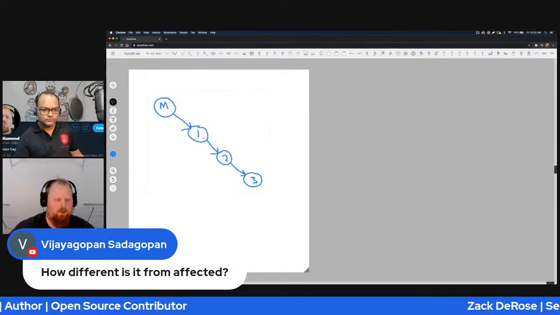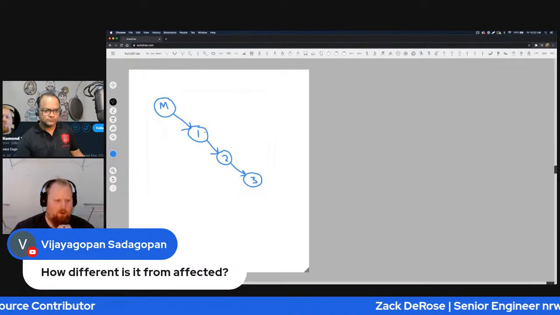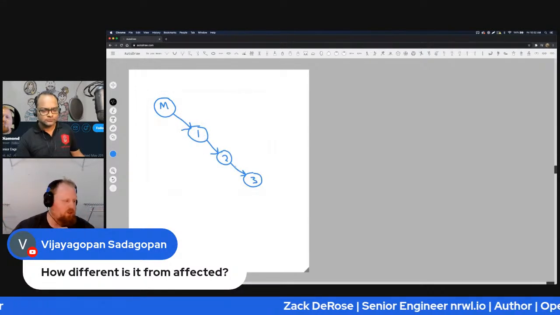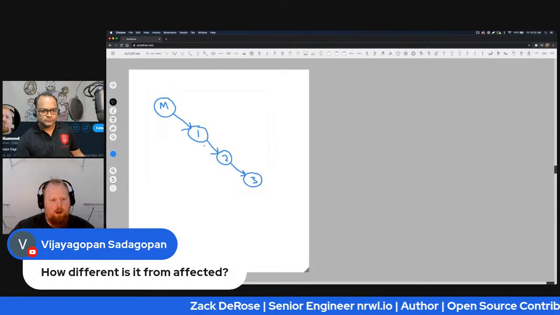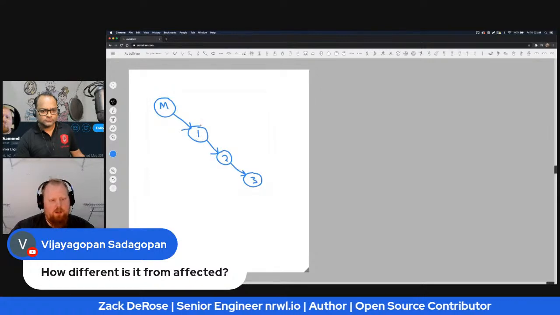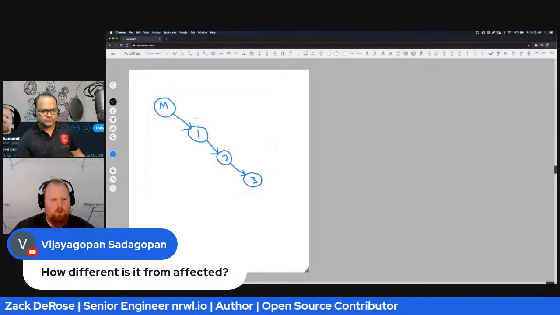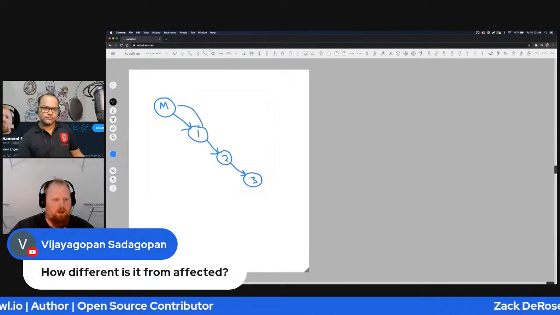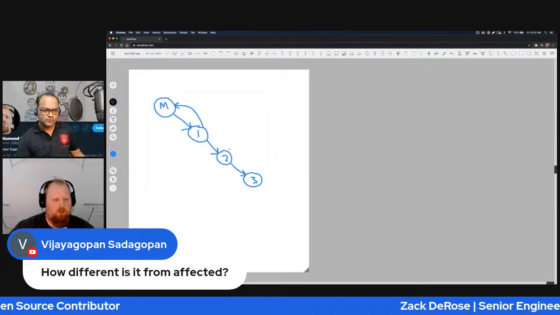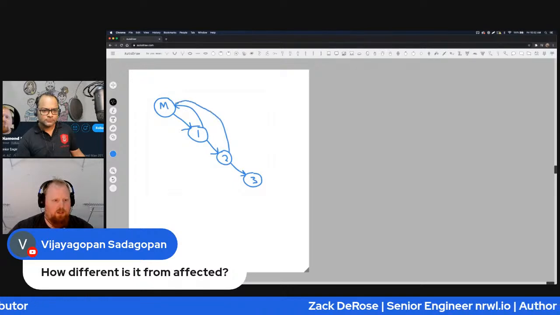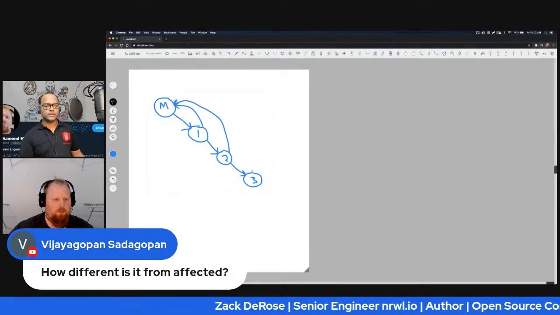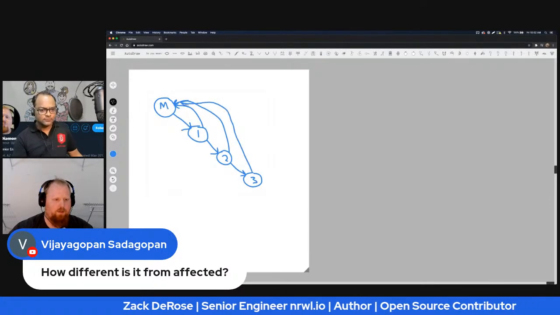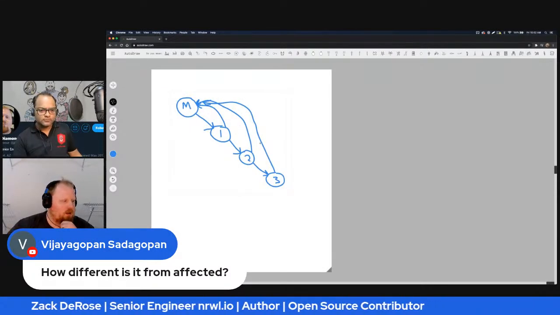If your CI is hooked up properly, you're running CI on each one of these nodes, each one of these pushes. But in terms of what we're checking for with affected, each one of these nodes needs to check itself against master on whether things are affected, right?